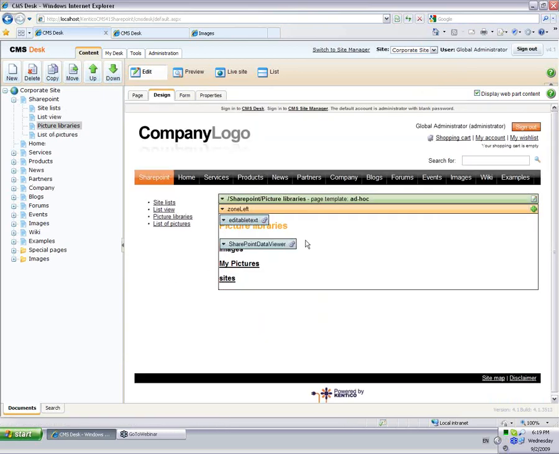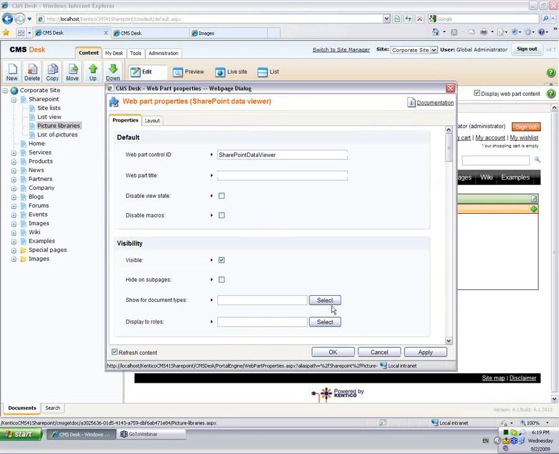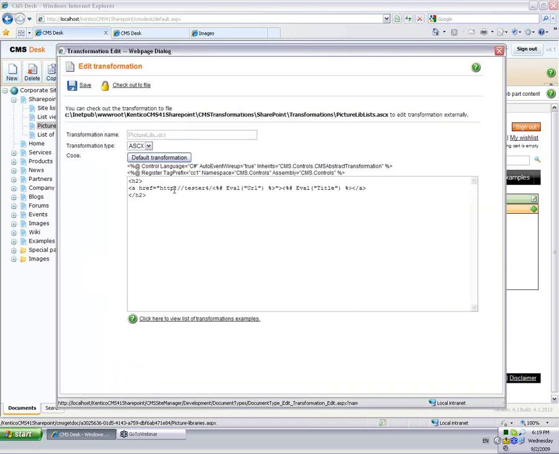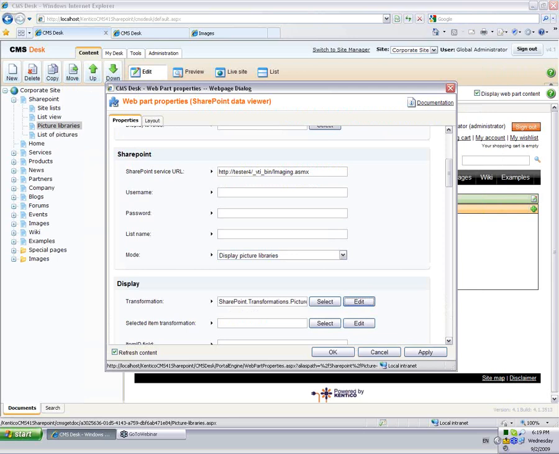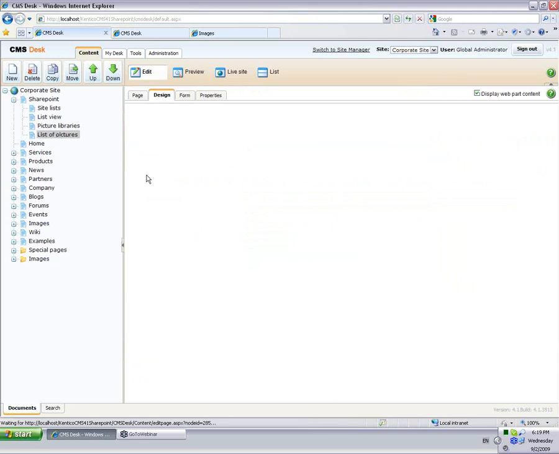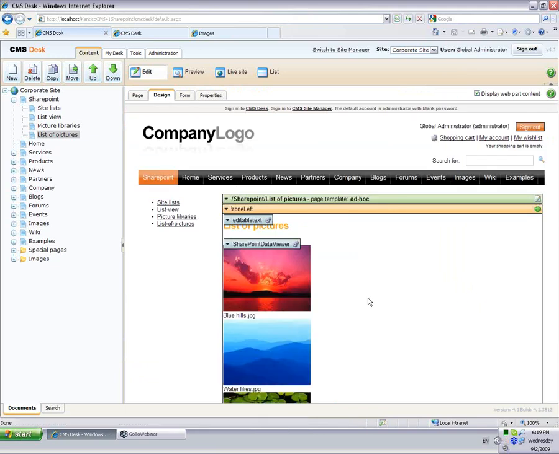The picture libraries work in a very similar way. It just uses a different service to get the data. It says get me the picture libraries, and each library is again just a navigated link to the SharePoint website and displays the title. So that's the list of the picture libraries, and if you want to display the list of pictures from a specific library, like this,